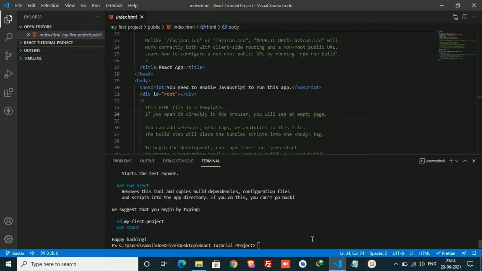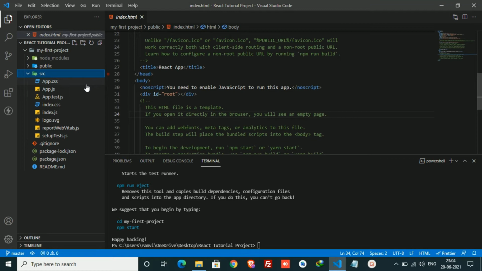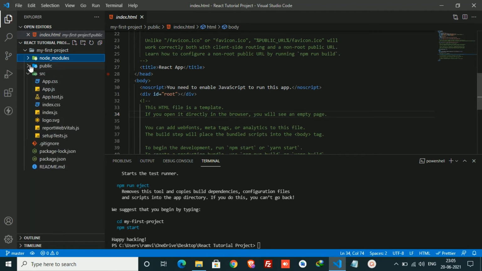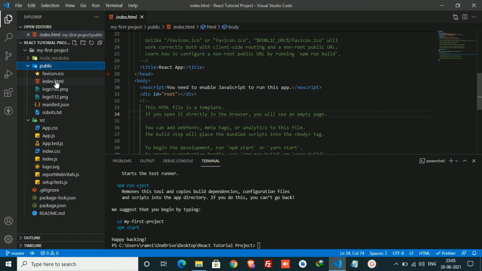The installation is successful. Now let us see the folder structure. Inside this we can see that there are three folders. One is node_modules, the second one is the public folder, and the third one is the src folder. We have to write our code inside this src folder. In the node_modules folder, all the required node dependencies are present. And then in the public folder, the main file is